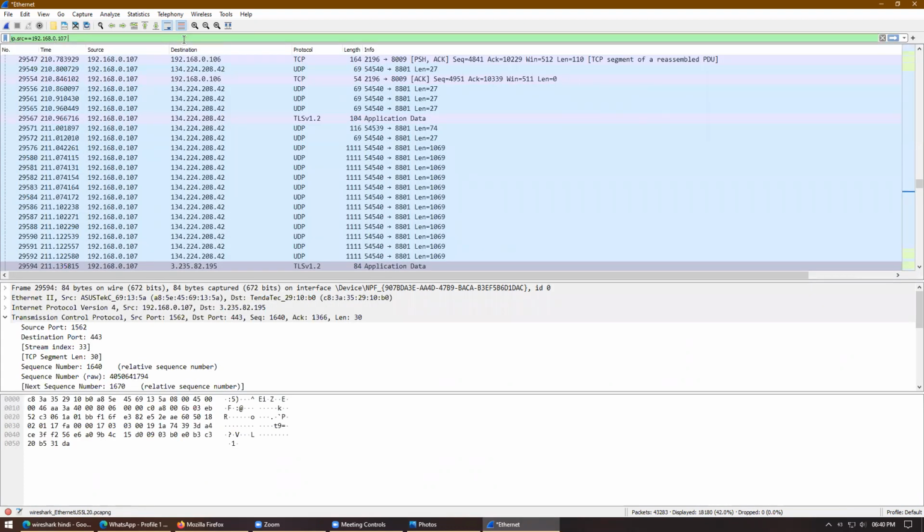And here I can use or TCP contains, or HTTP contains. So I'm saying either show me data from this IP or show me data which contains a login in the HTTP